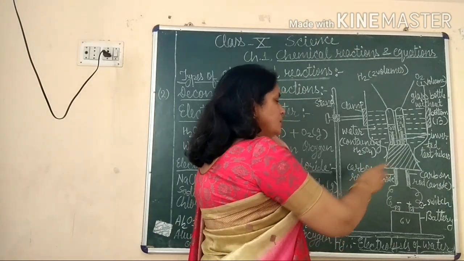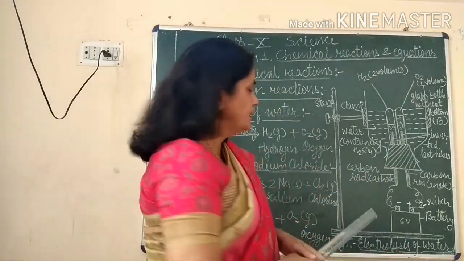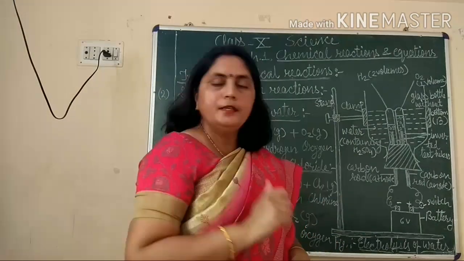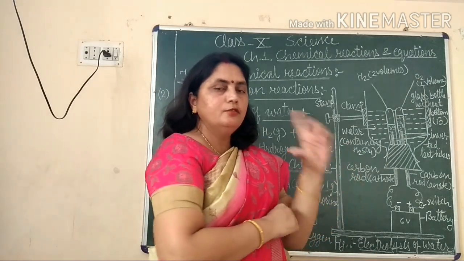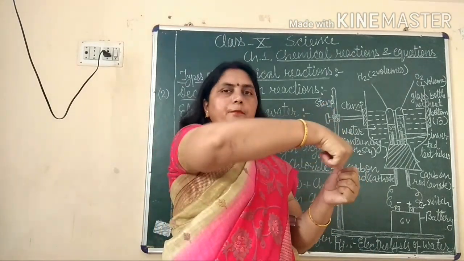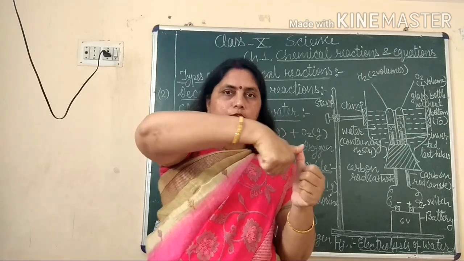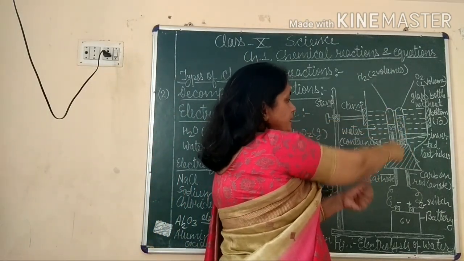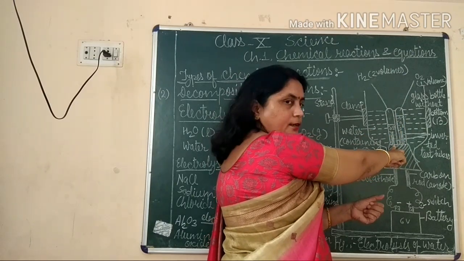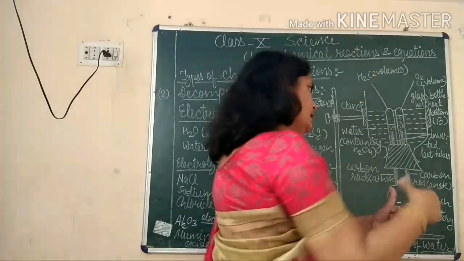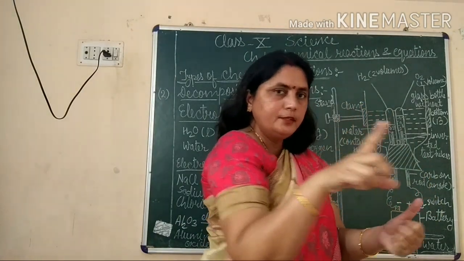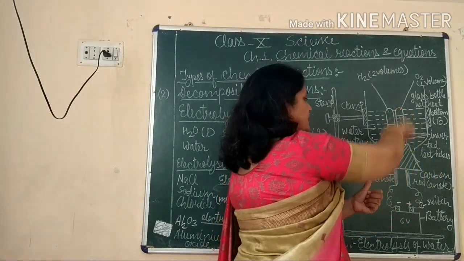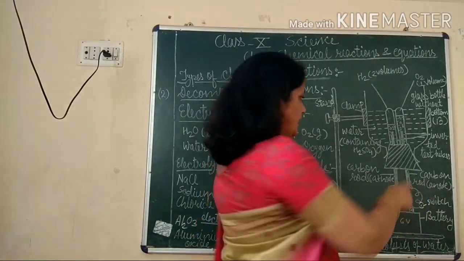Now we take two equal sized or similar test tubes and we fill them fully with water. After filling them fully with water, we take the test tube in one hand and put the thumb over its mouth, and carefully we take it in this setup and invert it over one electrode. Then we take another test tube in the same way. It is also fully filled with water. We keep it covered with thumb and carefully we invert it on the other electrode.